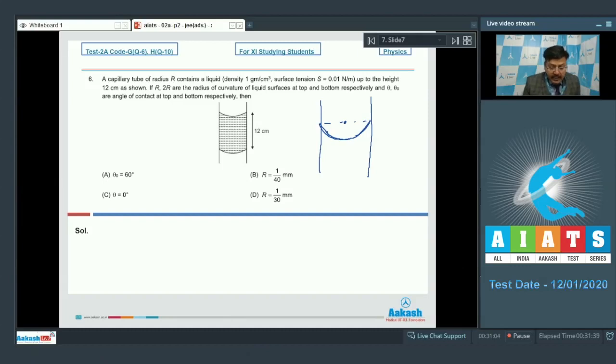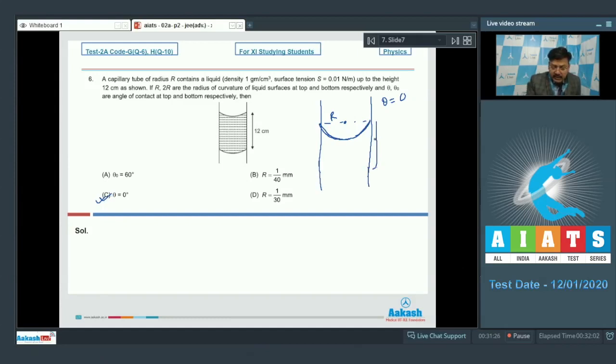Okay, so the angle of contact at the upper surface has been called theta, which actually means theta is 0. This is at R, and so theta is 0 degree is the correct option, and the other one is at